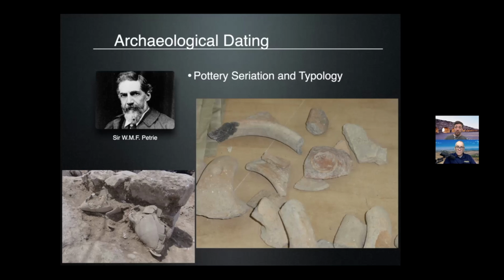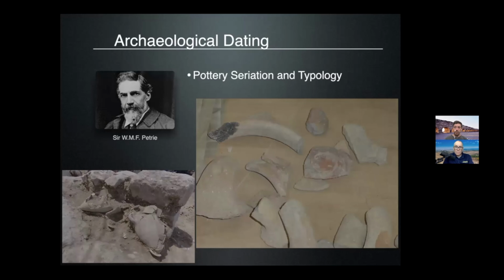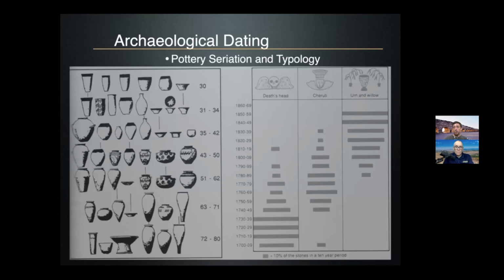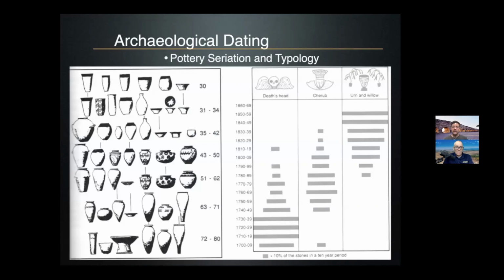And again, we come back to our good friend Flinders Petrie, who realized that pottery forms change over time. And he started to realize this by looking at a bunch of tombs in Egypt. And I'll jump ahead here for a second and then maybe come back to that picture. This is one of his charts. He realized that, I'm digging, let's say, tomb 30, and these are all the different types of vessels that I see. And then he goes off and he digs tombs 31 to 34. He notices everything else is different. And he continues digging and says, "Ooh, this kind of bowl continues here." And you see each one.